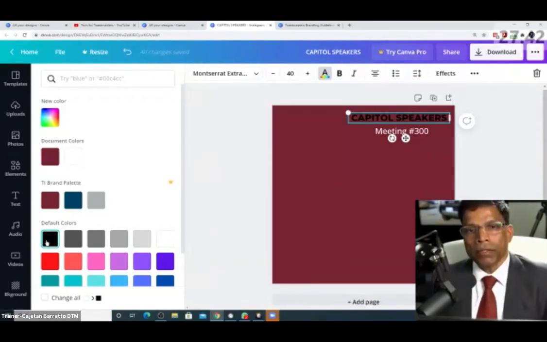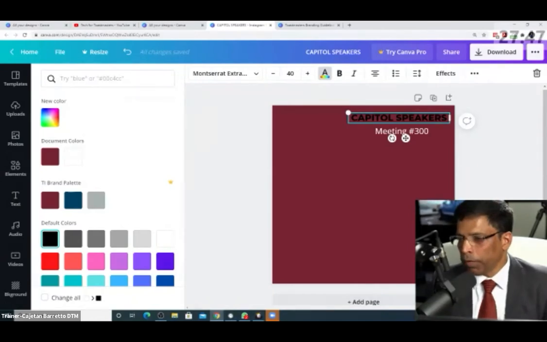What I recommend is, if you look at the color palettes, and let me go back to my color palette, the maroon, which you see here, and the blue are considered dark colors. The gray is a light color. So whenever you're placing any text over a color, make sure it is contrasting. If your color is dark, then your font color should be light. If your background is light, then your font color should be dark. That's the way it should be.